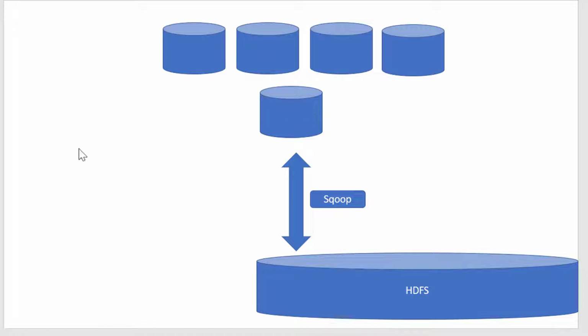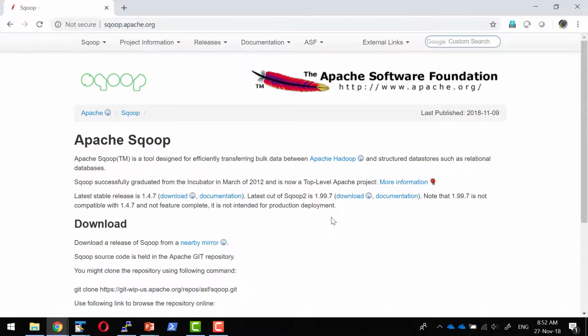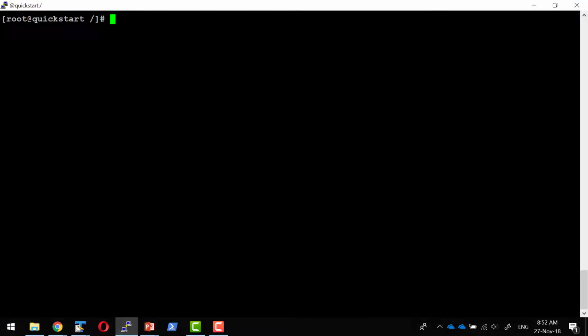So Sqoop acts as a client which is going to connect with any RDBMS using the required information like host name, port, user ID, password, and the driver information. And that's going to bring the data into the HDFS. Sqoop is an open source project and it is part of the Apache Foundation, and it's going to support any JDBC compliant RDBMS. Let us see a quick example on how to use Sqoop with the Cloudera Docker that I have